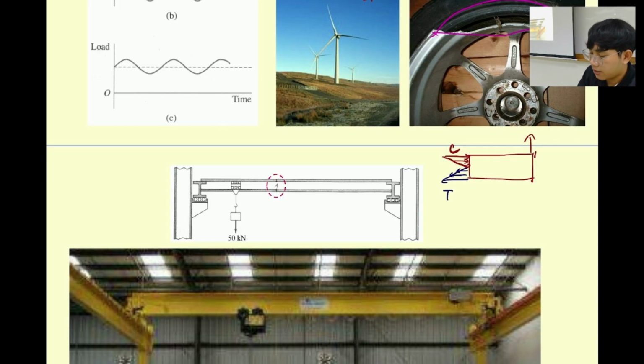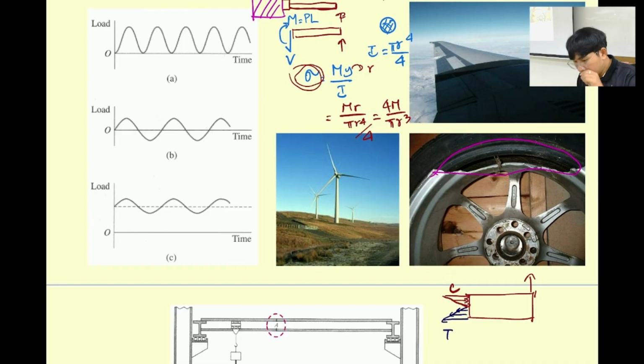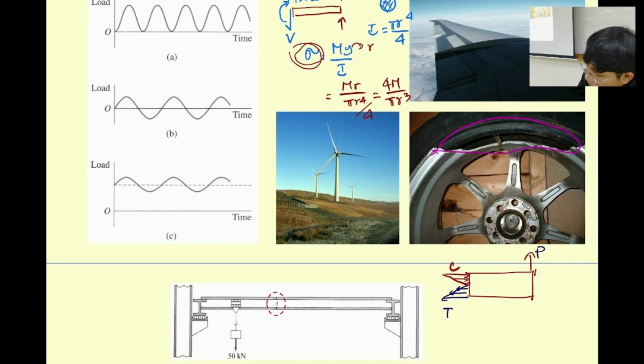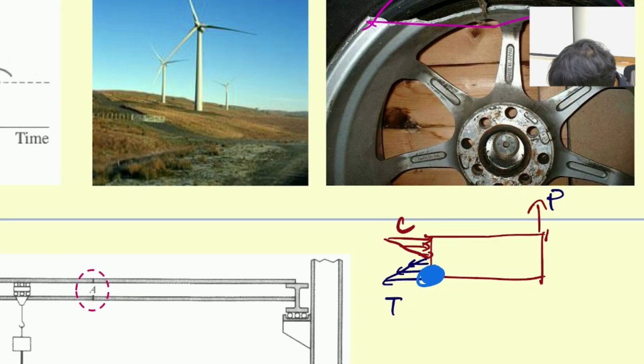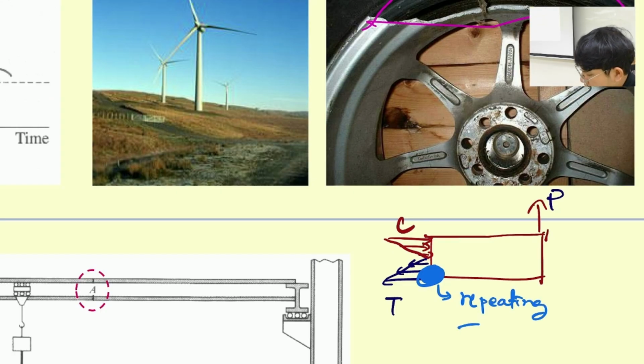Which means if you apply P, you try to pull it, release, pull up, release, this one is going to experience tension at this bottom point, right? Just circle it big like this. At this area, it's going to experience repeated tensile